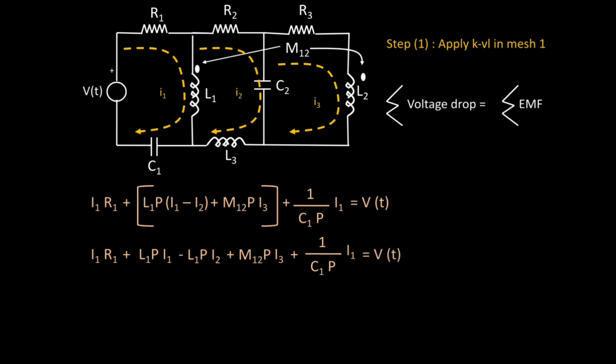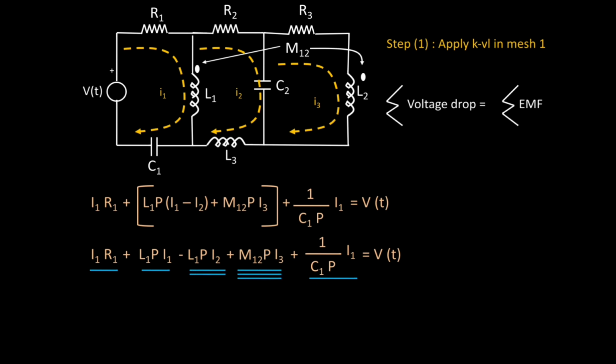Okay. Now we will collect the terms for I1, I2 and I3. So we will take common. We are having I1 over here. We are just going to mark it so that for collecting the terms there should not be any mistake. We are having I1 over here. Then we are having I2 here. Then we are having I3 here.